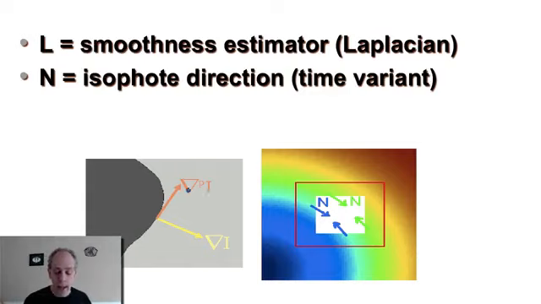So n is the perpendicular to the gradient as written here, or we can write that n is basically the gradient, but the perpendicular to it. So that's the important thing here, that we want to continue edges,